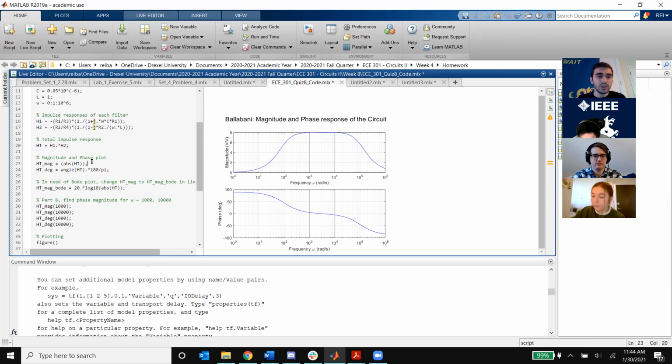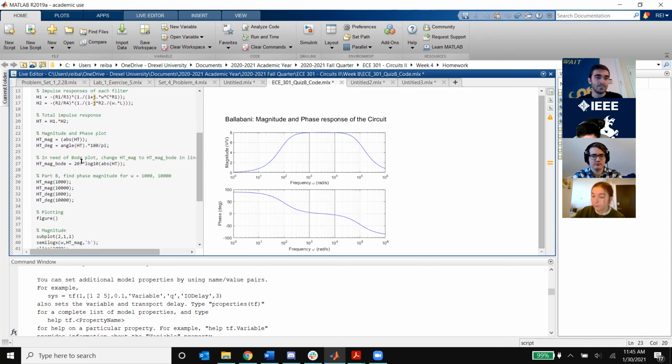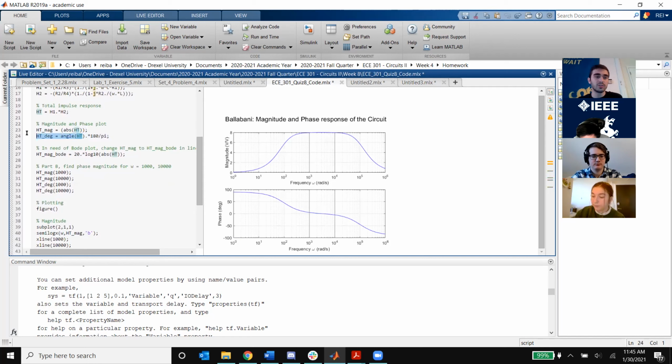So we find the magnitude by using abs of ht, and we find the angle, or rather the phase, by using the angle function. So we say angle of ht, and this is going to give us the answer in radians. So I want to change it to degrees, so I multiply by 180 and divide by pi, because only this part is going to give you radians. Now